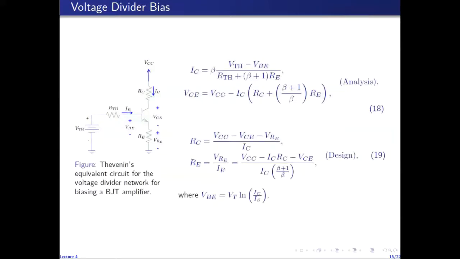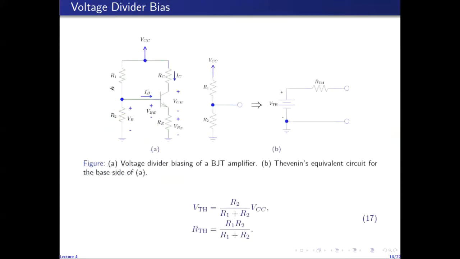So it still remains to find out R1 and R2, because this is an equivalent circuit. This is not the physical circuit. This is an equivalent circuit. The physical circuit is given by this diagram here on the left. So in this diagram, we still need to find out R1 and R2. So once we have chosen an RThevenin,